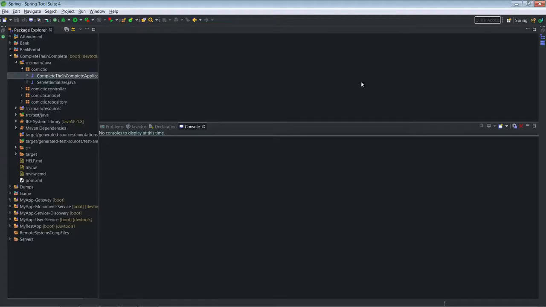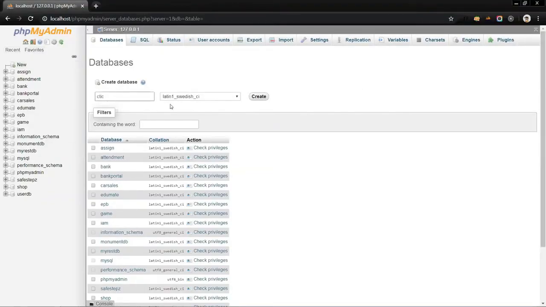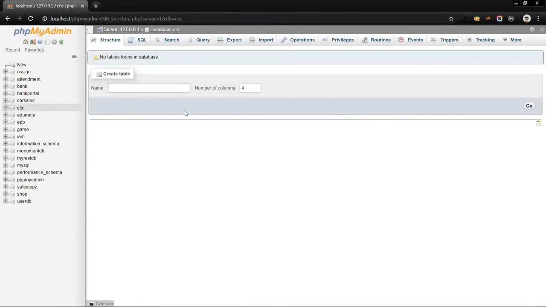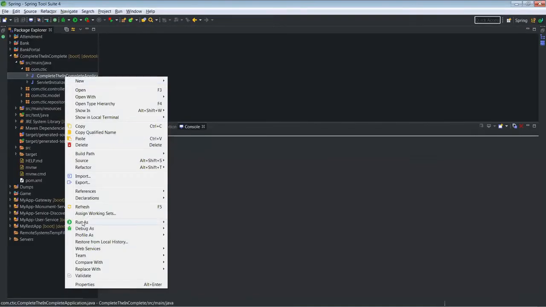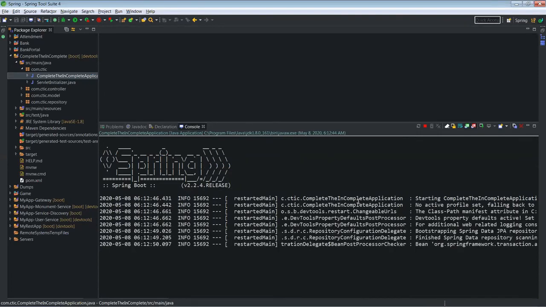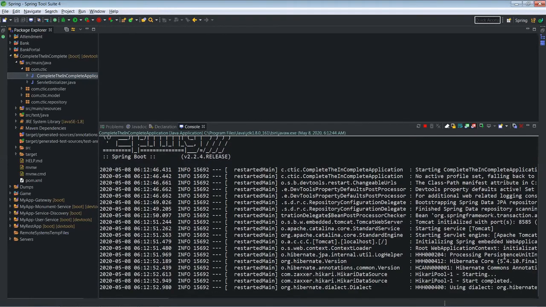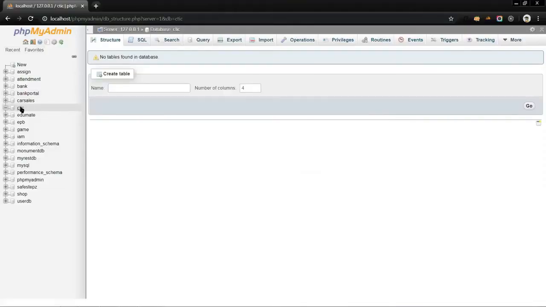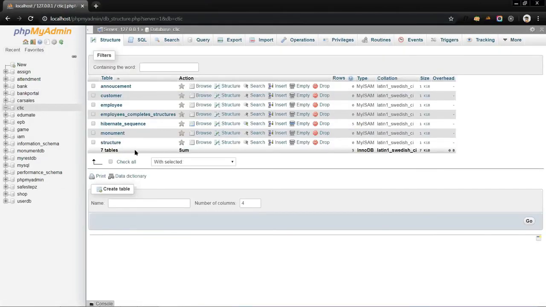So now let's have a look at the backend, which is made in Spring itself. In Spring, we have used Hibernate and JPA to make it totally DB independent and create the database on the fly. Creating the database on the fly means we can use whatever database we like, we just have to create the database the initial time, and the tables in it will be automatically created, and the start has been completed. So now if we go and have a look at the database, we can see all the tables are being created automatically on the fly.